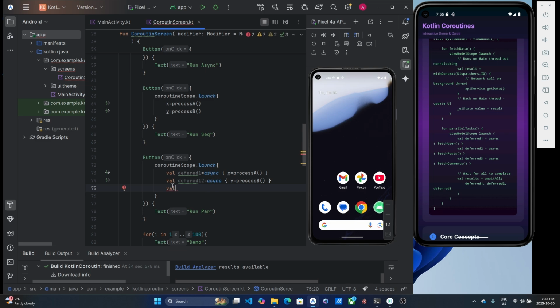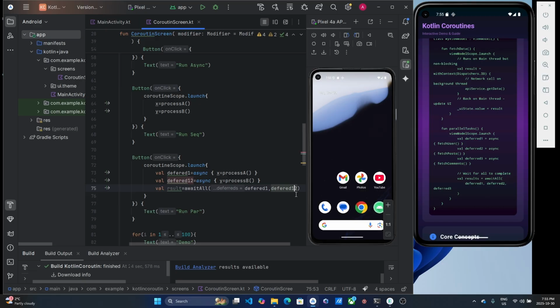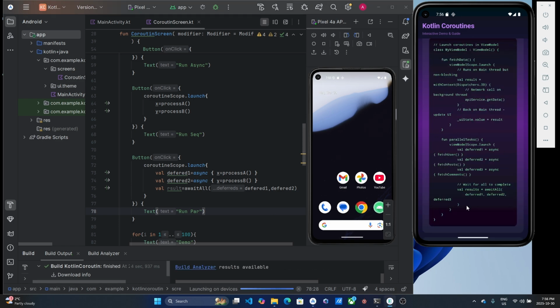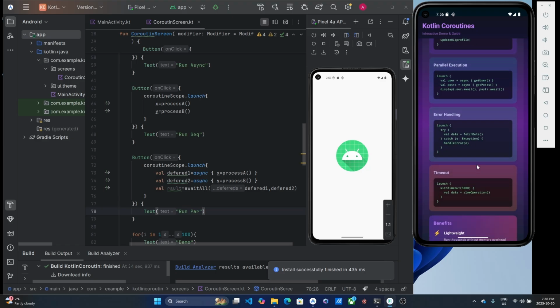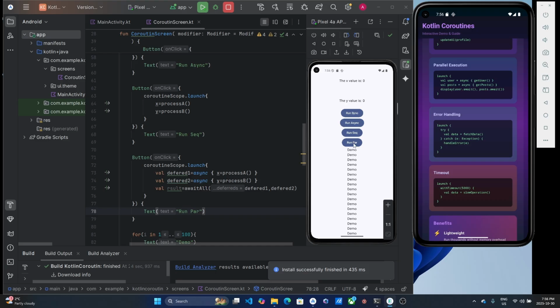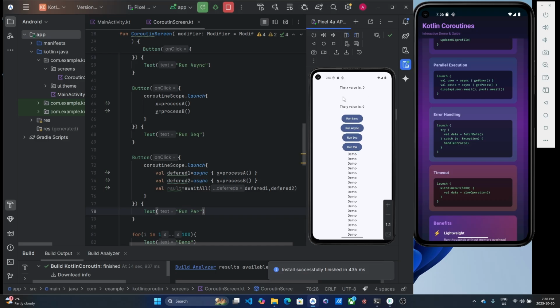and they will run in parallel, and then we can say var result equal to await all deferred 1 and deferred 2. So in this way, the processes will execute in parallel. Let's run the application. Run parallel. You can see none of them changed, and at the same time, the x and y